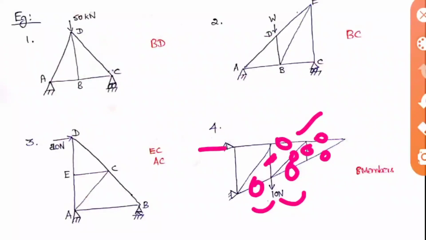So here a reaction will be there, and here also a reaction will be there. Okay, so when you take this, this is going straight here. So as we saw already, when the external force is straight along a member, only that member has to carry that force. Okay, so this will be a non-zero member, so automatically this will become a zero force member.